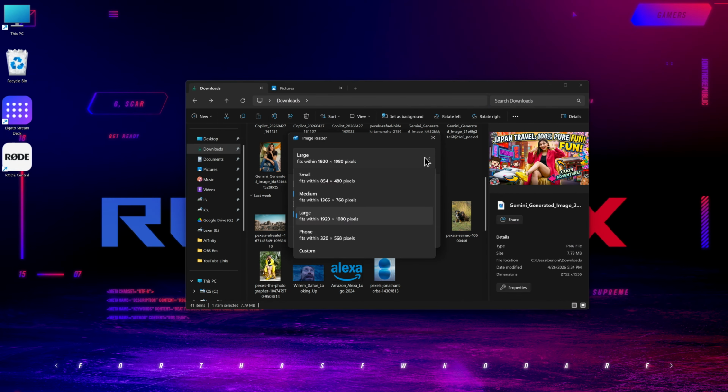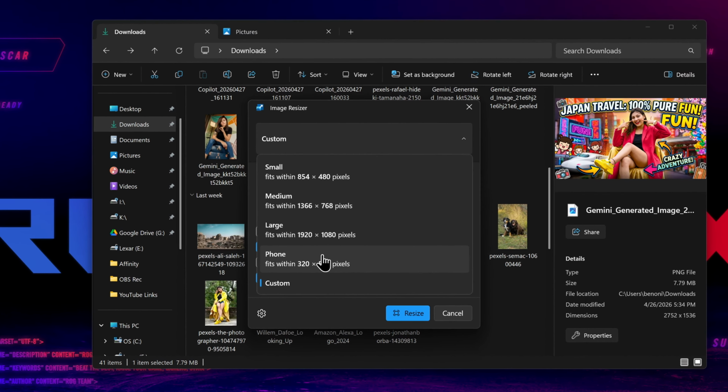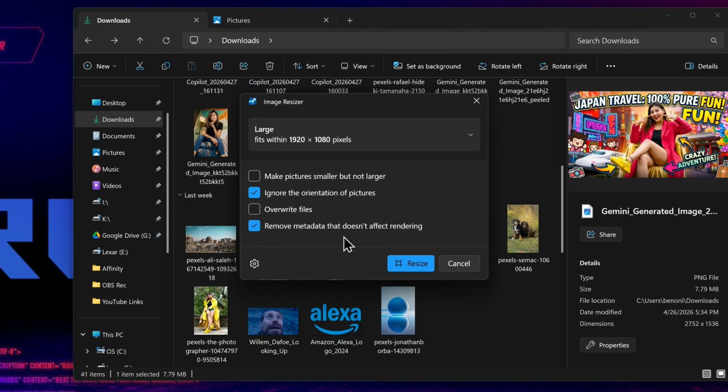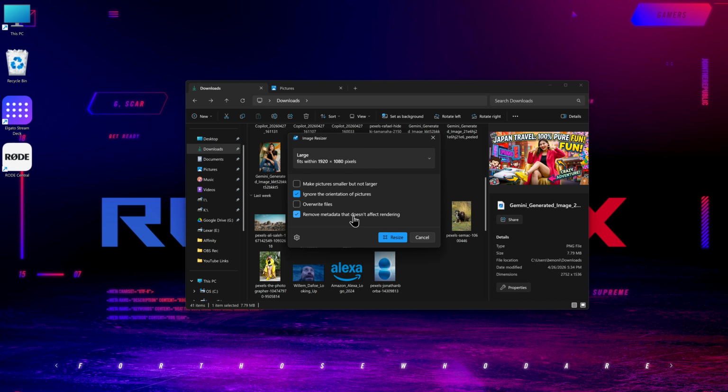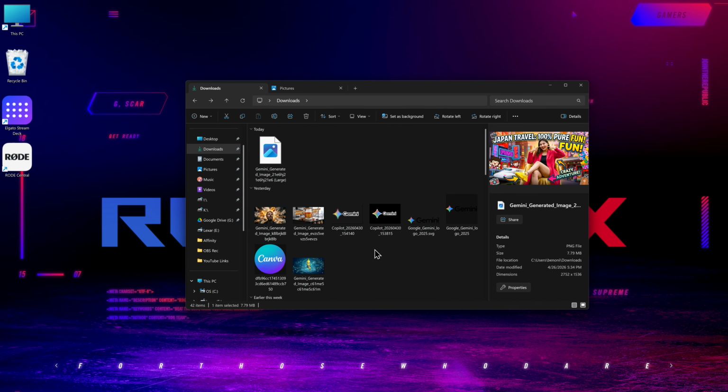From there, I can choose some basic ratios here. So 1920 by 1080, I can go to custom, I can do whatever I want there, but let's just say we want it to be 1920 by 1080. I also have the option to remove metadata, which is a really great thing to do. I mean, sometimes when you try to upload an image with too much metadata, it won't process in certain apps. You can also ignore orientation of the picture, et cetera. So I can just choose resize from that simple right click, and right here, we have that image